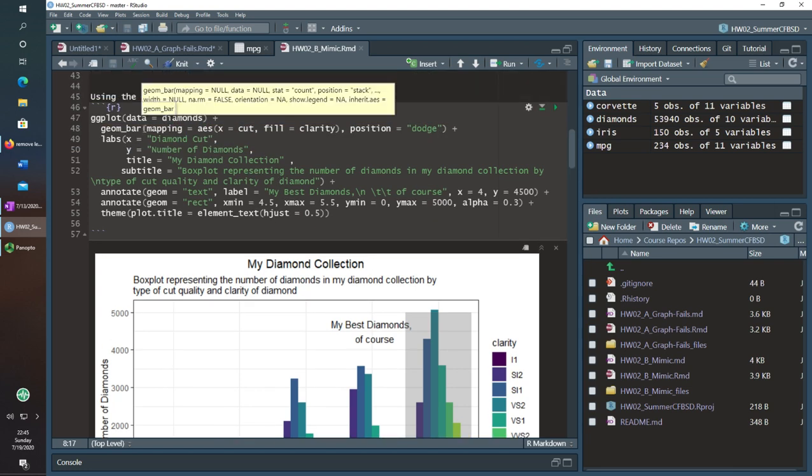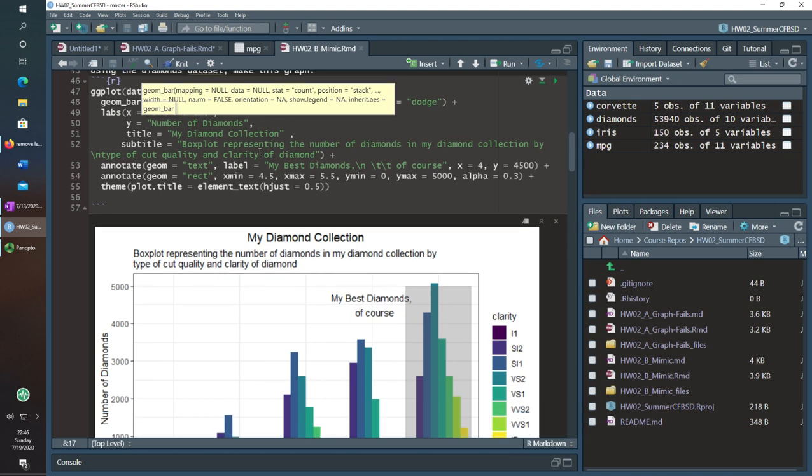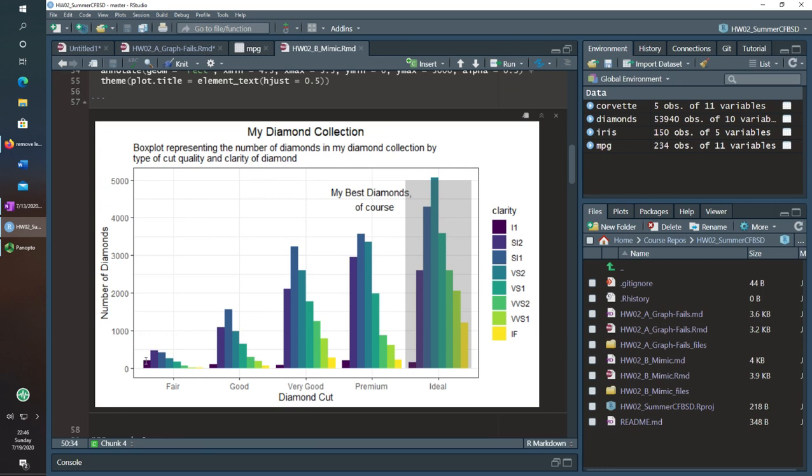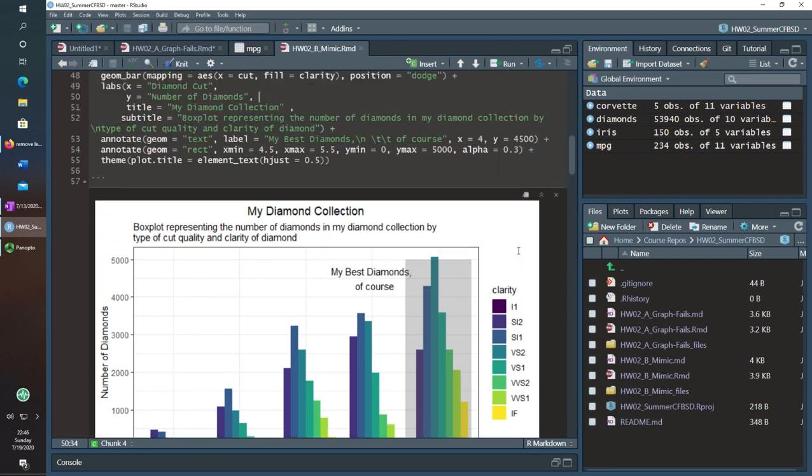If you have a y value that you want to specify and use bars to make it, that would be a geom_col. You can see the other video about going over factors if you want to see an example of that. But in this case, we just wanted to count the number of diamonds in each of these categories.